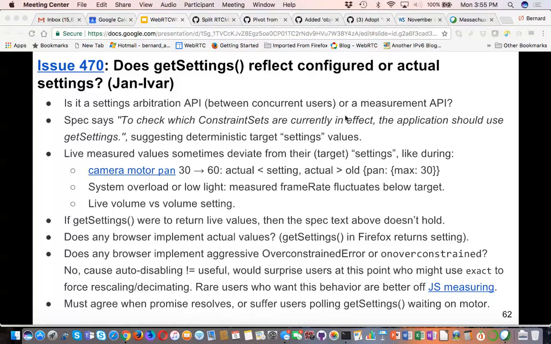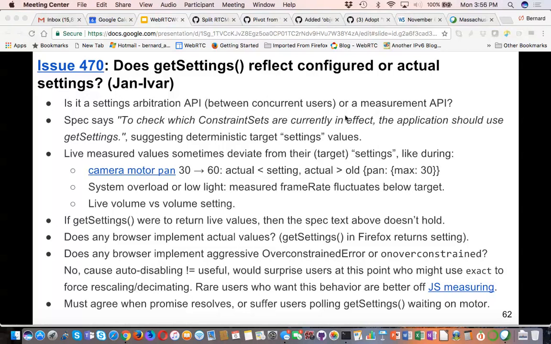The frame rate can actually fluctuate from the value, like your target, but you still have a specific target that the browser's trying to hit. I think it's fine if browsers throw an error if you try and set a minimum rate it can't support. That's fine. But we're doing a computer vision algorithm in a car that's a safety critical algorithm that